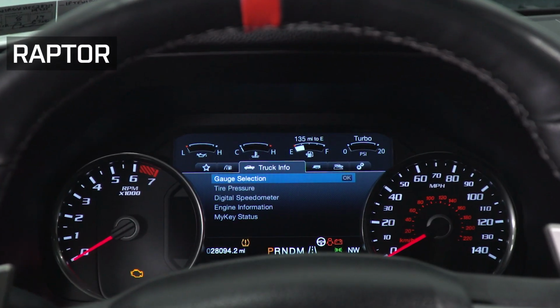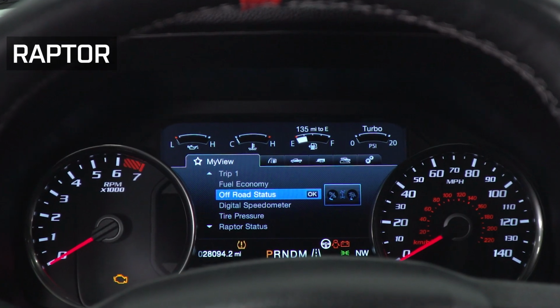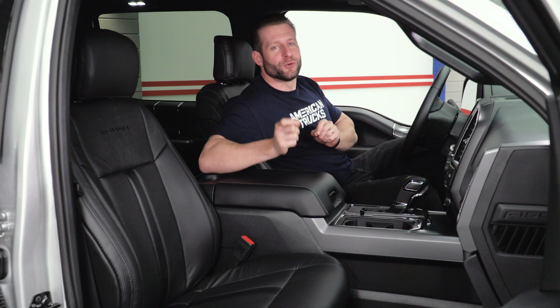You're getting the really big LED screen in that Raptor. This one, kind of smaller, not the end of the world. Now, if you happen to forget what truck you are actually in, well, don't worry, Roush has you covered there